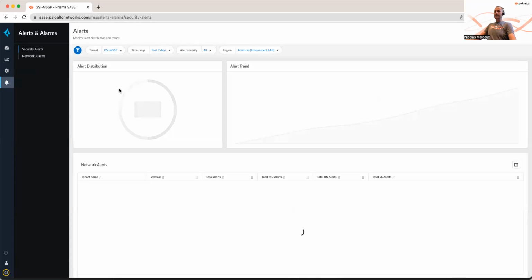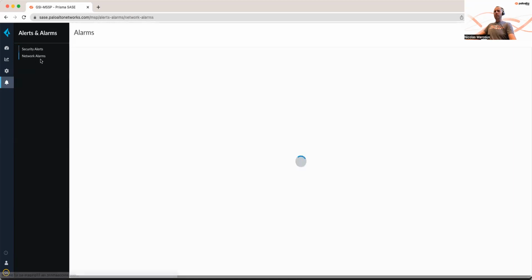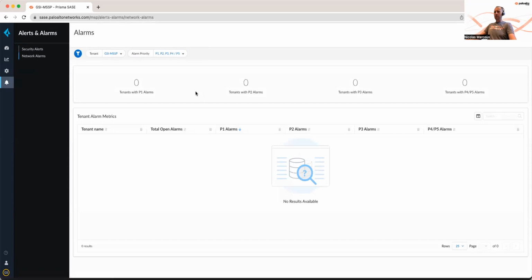Finally, we have the alerts. First we have security alerts for information, and then we have network alarms from the SD-WAN point of view. In this case, we see that one tenant is having some alarms, but fortunately, those are P3 alarms. So now what I provided you is a view of aggregated information or sometimes looking into details, but the beauty